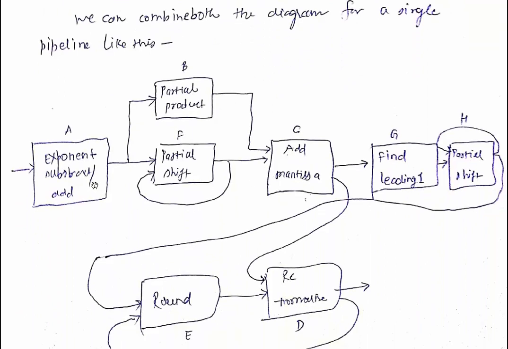So you have to compare the exponent. For addition or subtraction, you have to compare the exponent and align the mantissas. For multiplication, you have to add the exponent. For division, you have to subtract the exponent. So this would be one stage, which says exponent addition / exponent subtraction / exponent comparison.